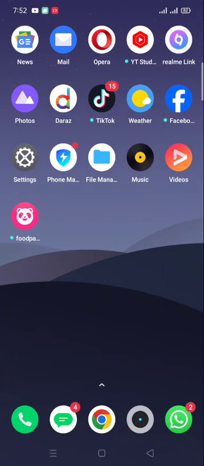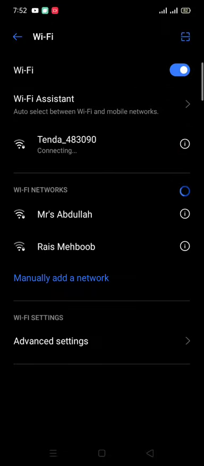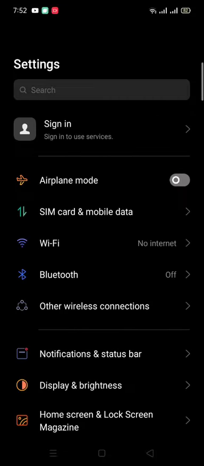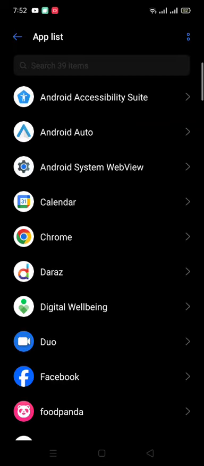Now what we have to do, we are going to launch settings and tap on Wi-Fi. Now connect to Wi-Fi. After connecting to Wi-Fi, we are going back to settings, find and tap on app management. Now tap on app list. Here we are going to search for WhatsApp